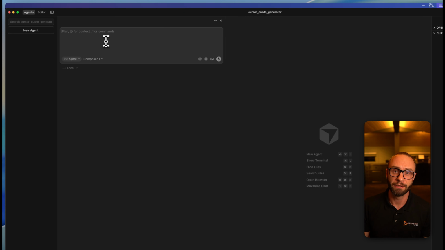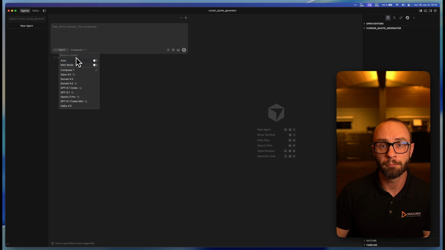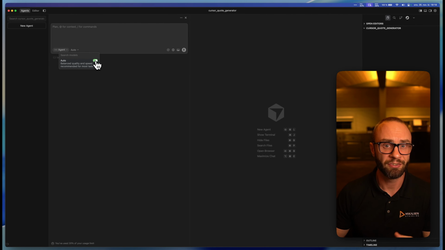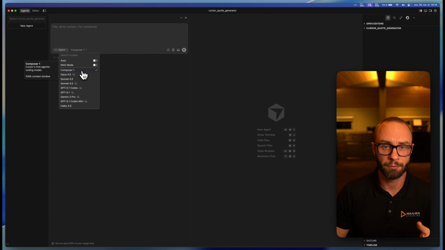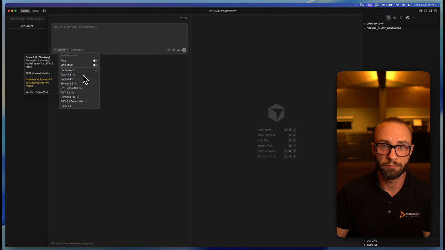Now, one important thing before we start building is how the AI works inside Cursor. One of the most important things is this drop-down section here. Here you can pick what model to use. You might see that yours has been set to Auto, and this is fine if you want to save money, but I recommend turning this off so you yourself can learn how to pick the models that are best for different purposes. Different models are good at different things.